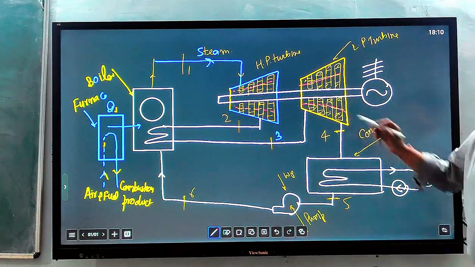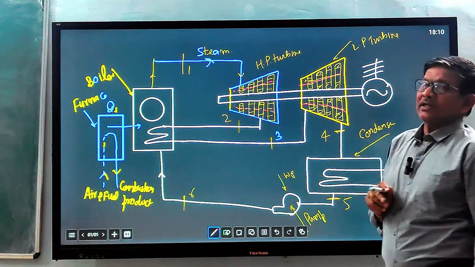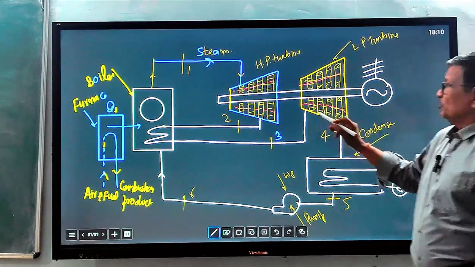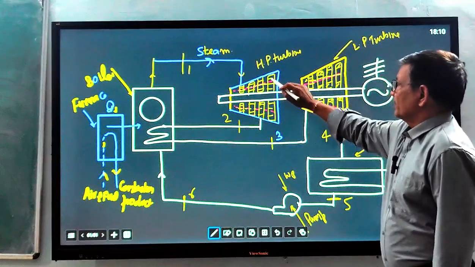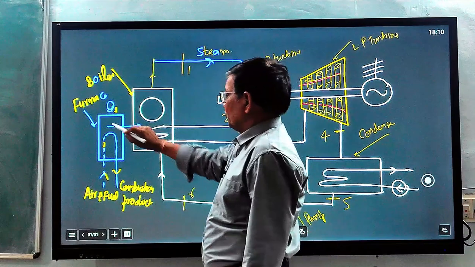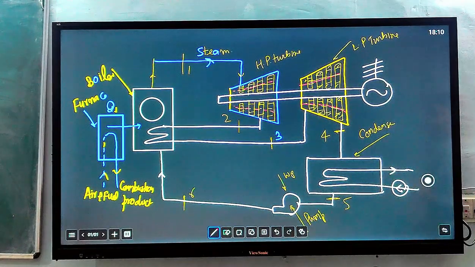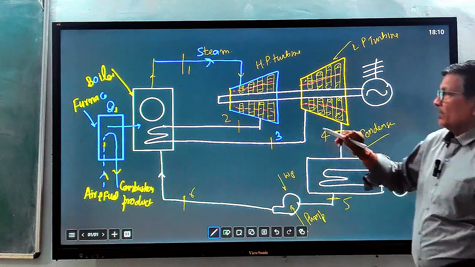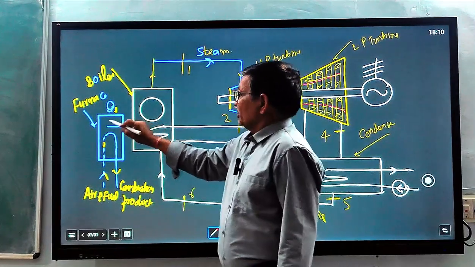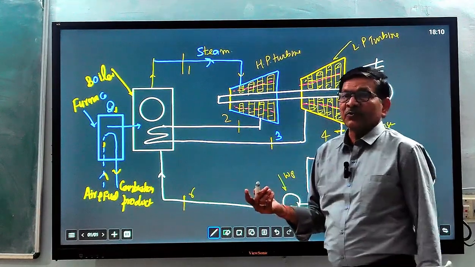See, this is a schematic presentation of the reheat vapor power cycle. You can see here we have used, instead of one turbine, a high pressure turbine and a low pressure turbine. This is a boiler, this is a furnace, this is a pump, and this is a condenser. So how does it work? Let us start from the boiler. Heat energy is supplied from the furnace due to burning of fuel